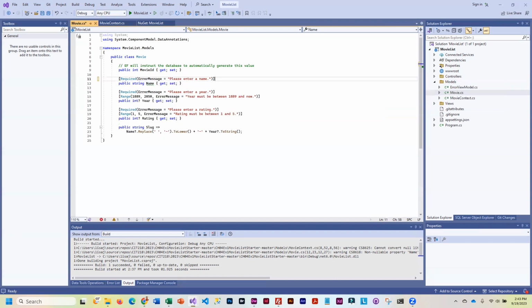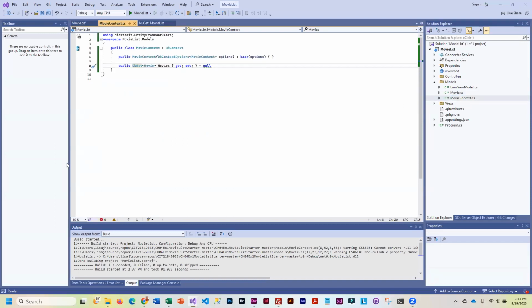So now that you know a little bit about the conventions and how to override the conventions, because that is what data annotations are used for, we are going to be adding some seed data. And the seed data goes into our context class. In order to add seed data, we have to override the OnModelCreating method. The OnModelCreating method is part of our DbContext class. So we override the method